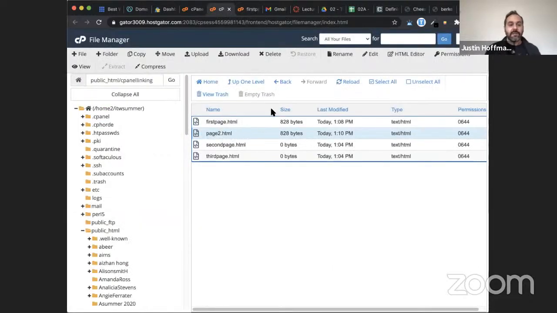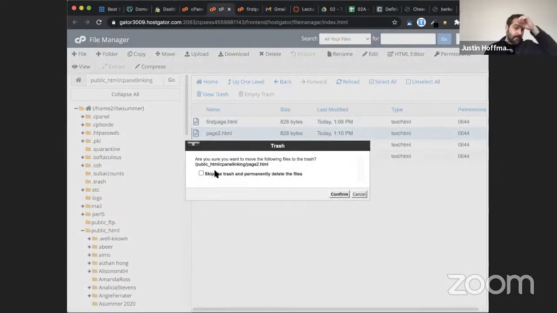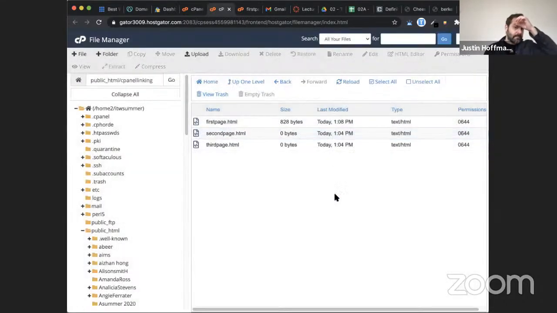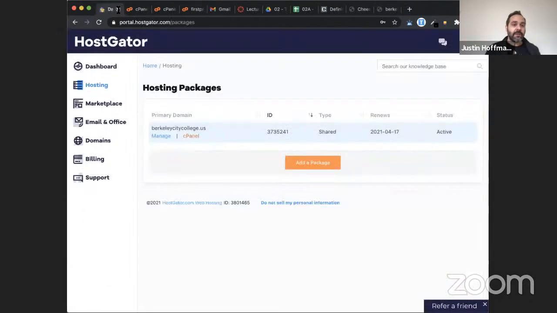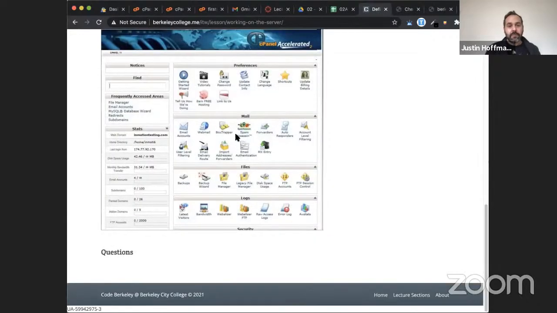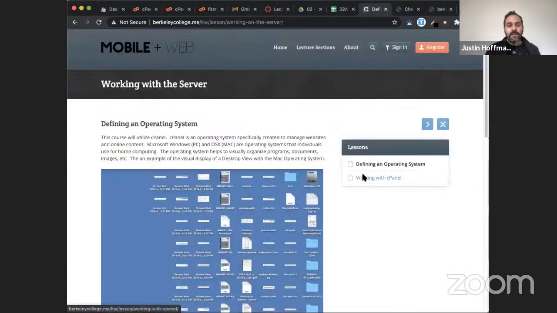For now, I'm going to delete this one. And now I have first page, second page, and third page, right? Let's go back to the tutorial and check it out. I'm going to close out these pages here. And you can see here we have the cPanel part. This is working with the cPanel,